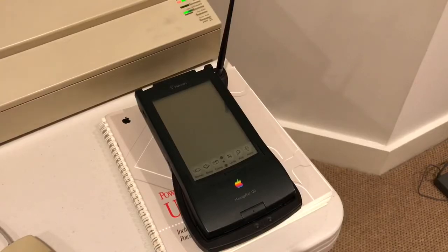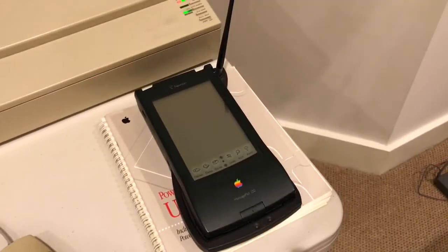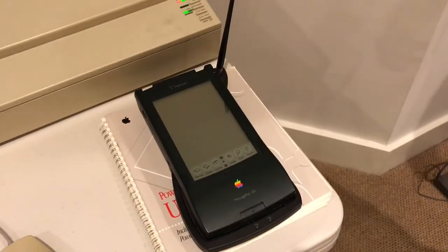So the last product for my exhibit will be the Apple Newton. The Apple Newton was Apple's attempt at entering the PDA market in 1993. The Newton came out in various models, specs, and case types, but they all did the same thing. You could connect a Newton to a Mac or PC from the time period to sync/add files and apps. You could also connect the Newton to a modem for dial-up, and you could also connect it to a printer